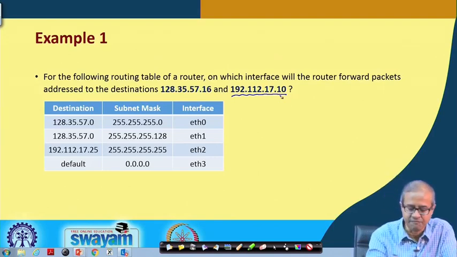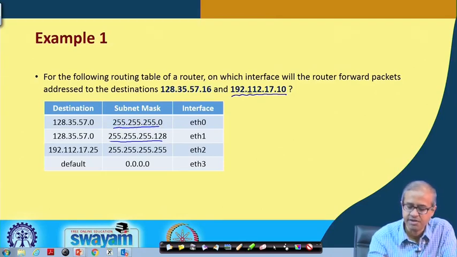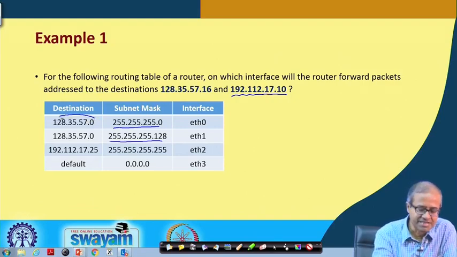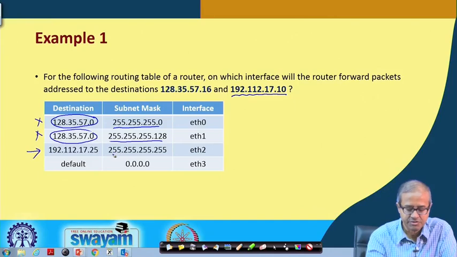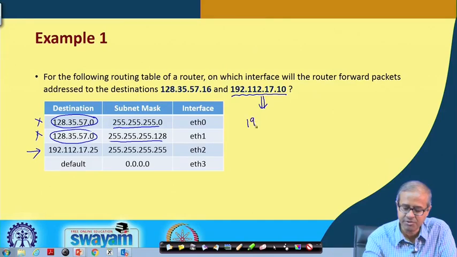Well, for the second one, obviously the first two will not give a match, because you are ending with 255, 255, 255. So, 192, 112, 17 will be matching anyway, but the destination starts with 128. So, there will be no match here, there will be no match here. So, let us look at the third entry. So, you are checking for all the bits, that means you are ANDing with all ones. If you AND with all ones, the same thing will remain, there will be no change,